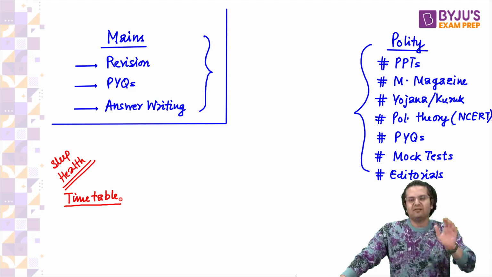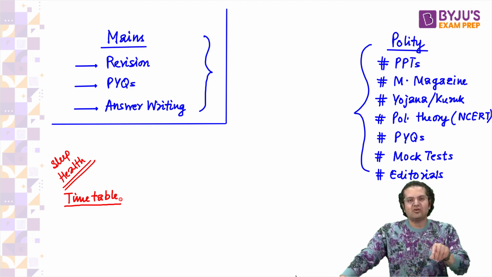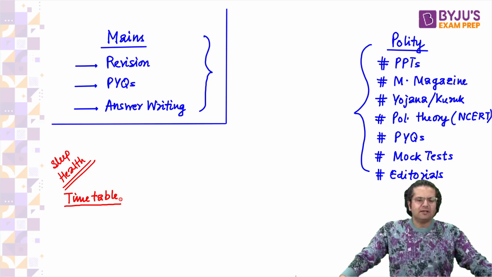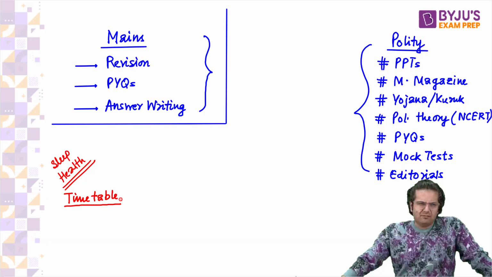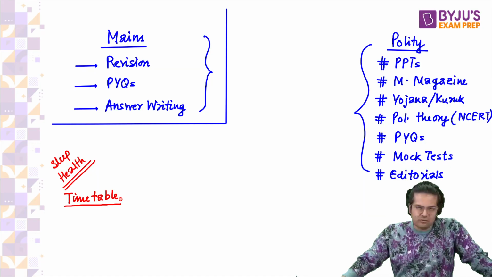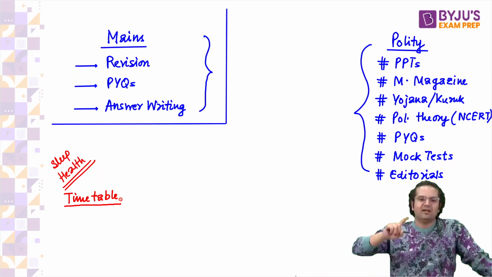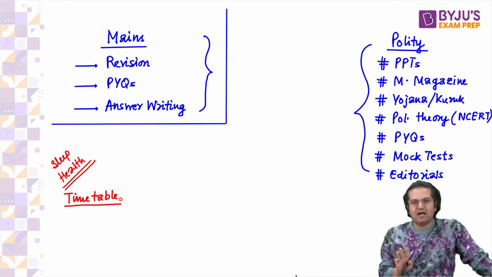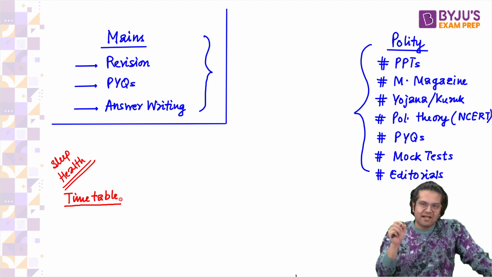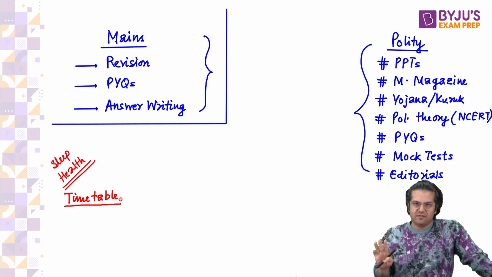Like say today the polity classes are over. From tomorrow in your timetable, there should be 1 or 2 hours for polity revision, right? It's very important. And the issue here is also that, all you understand, if you are wasting time, you are only going to suffer in future, because every minute you waste, some aspirant in some corner of the country is working really hard without any excuses. And when the time comes, it is only correct that somebody who has put in more effort should be the winner. You should be the one to put in the effort, right?